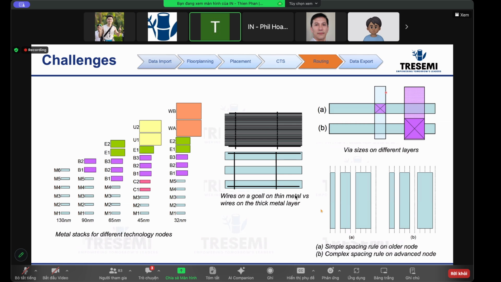Thank you, Phil, for the introduction. Today I want to keep it simple, just the introduction to routing. There are a lot of things we can go into, depending on how deep we want to go. But try to keep in mind that this is the fundamental, right? So we just want to make sure that we